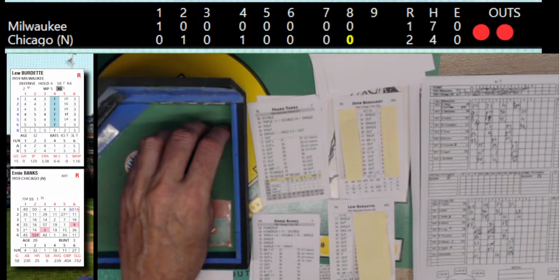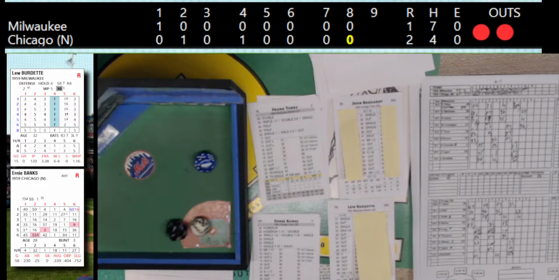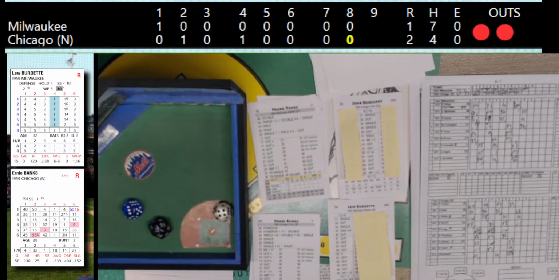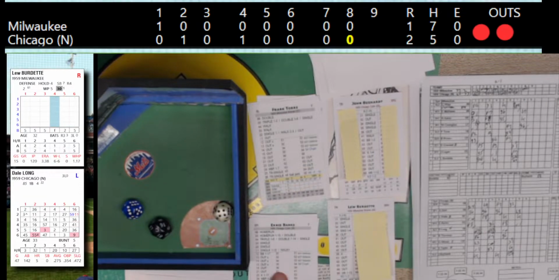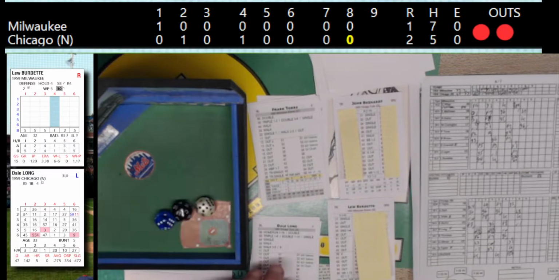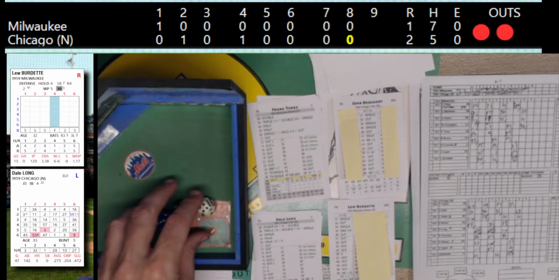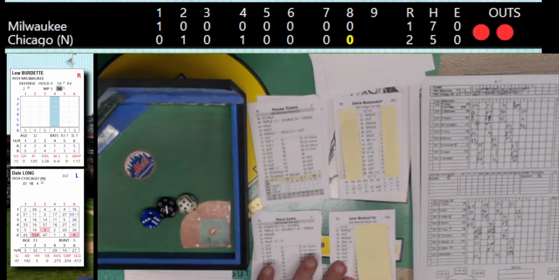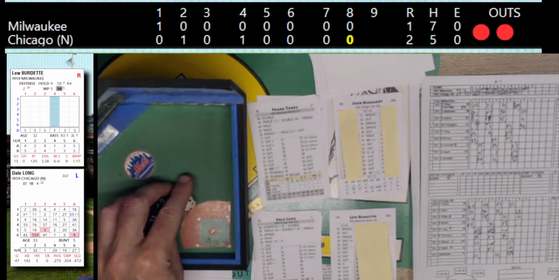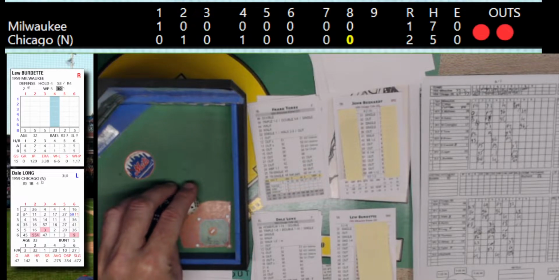Two out. And here's Banks. Pitch to Ernie, and that's going to be a 34. It's going to be a ground ball up the middle and through for a two-out single. So Banks will be 1 for 4 today. He's on at first. So two out, one on, and here comes Long, who's given Burdette fits today with two home runs and a walk. Dale Long hit 14 home runs in 300 at bats, and the replay's got 5.